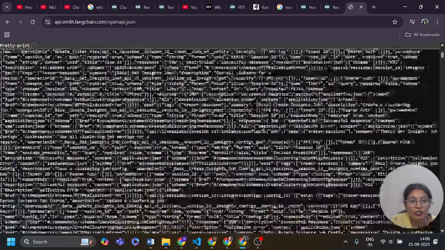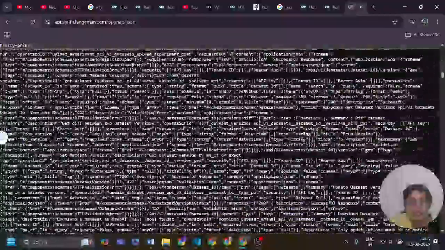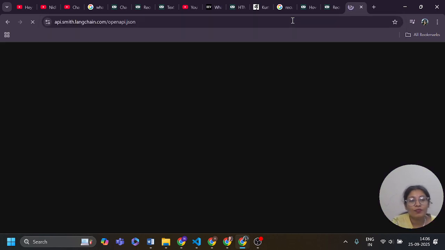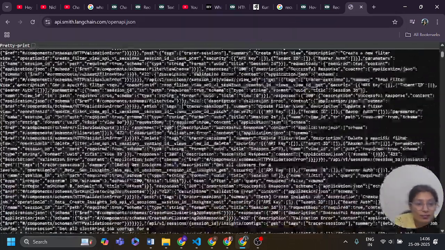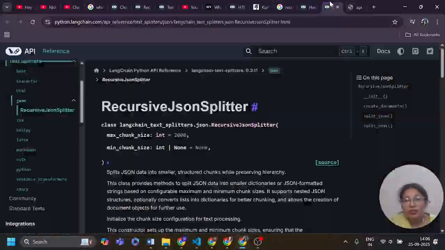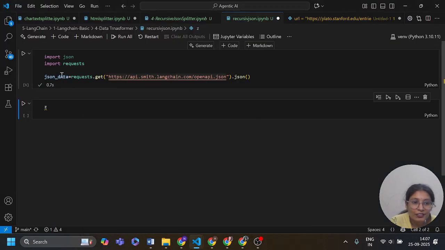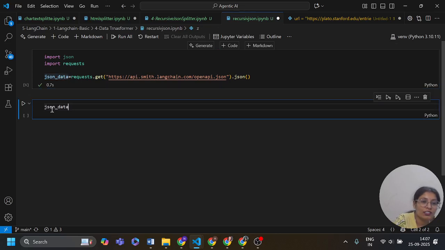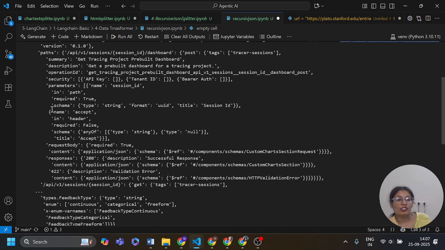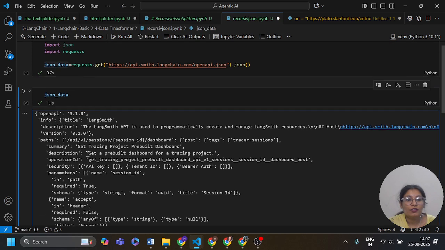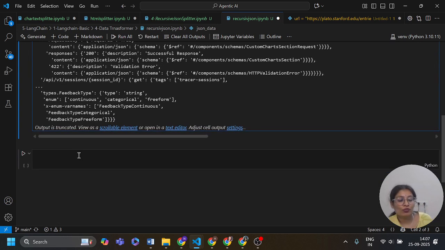These are the dictionaries, JSON data in dictionaries. After this I need to print this so that we can see what is inside this URL. Okay, so this is our JSON data. Now I am going to split this.